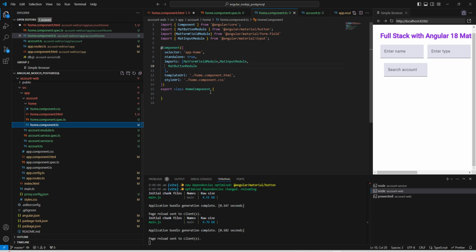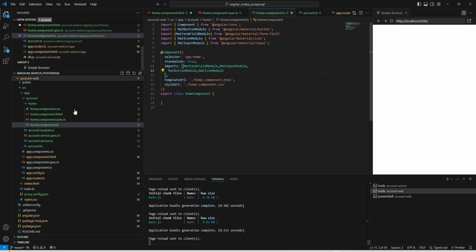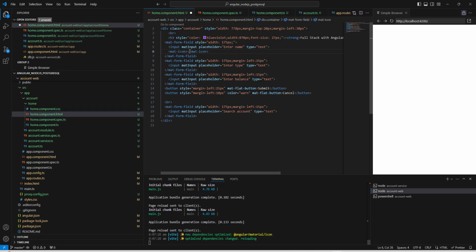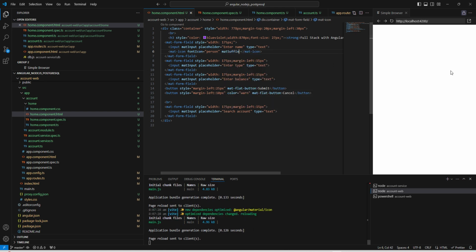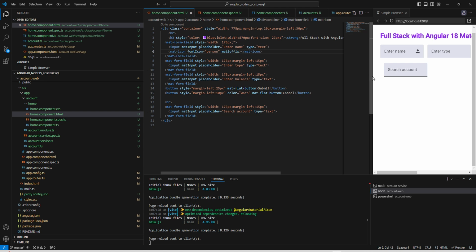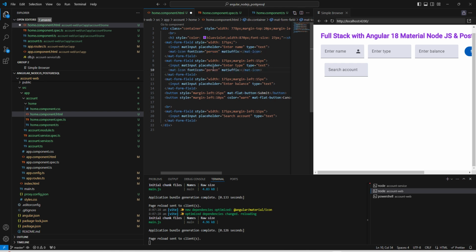and to use the matte icon we can add matte icon module and save it. Now here for this matte icon we can add font icon as person, and to show this next to our input box we can use matte suffix. Can save it. Now seems good, it is showing this is the person. Similar way, if you have any icon for type, you can add it here,